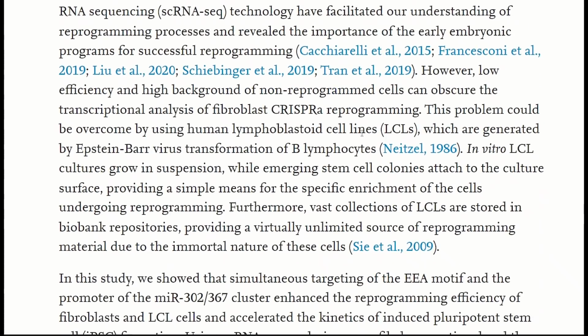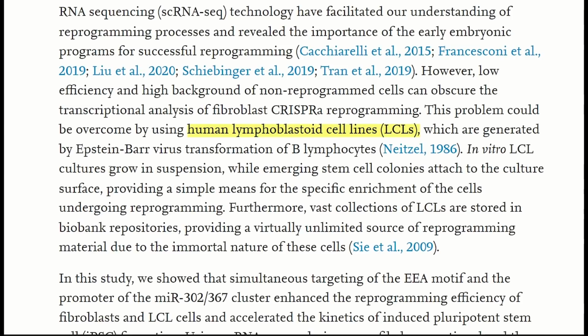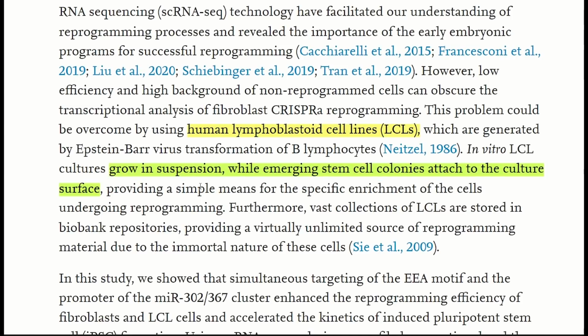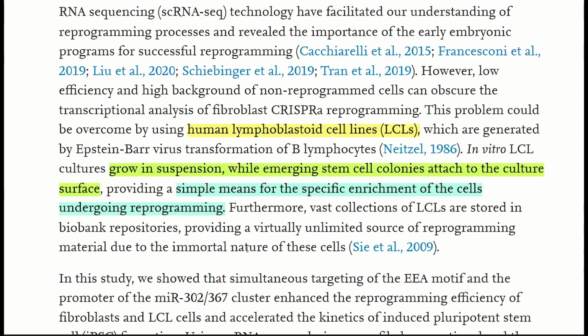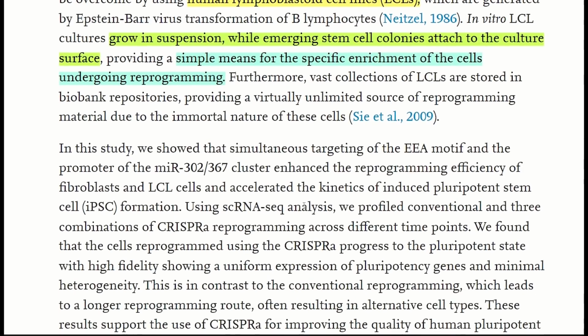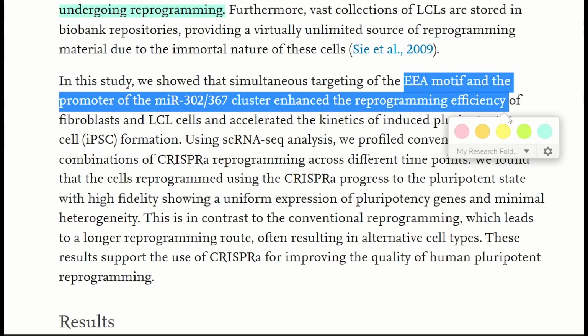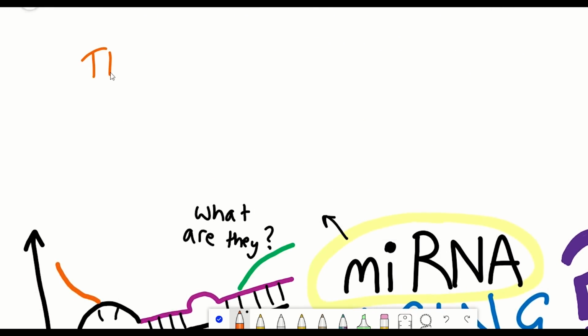that enables reprogrammed cells to be easily detected and analysed. So their approach involved using cells that grow in suspension but then attached to the surface of a plate when reprogrammed. By doing that, they identified the most efficient reprogramming when they had extra EEA targeting and when they targeted the promoter of MIR32367. This latter thing is still a gene, but instead of coding for a protein, it codes